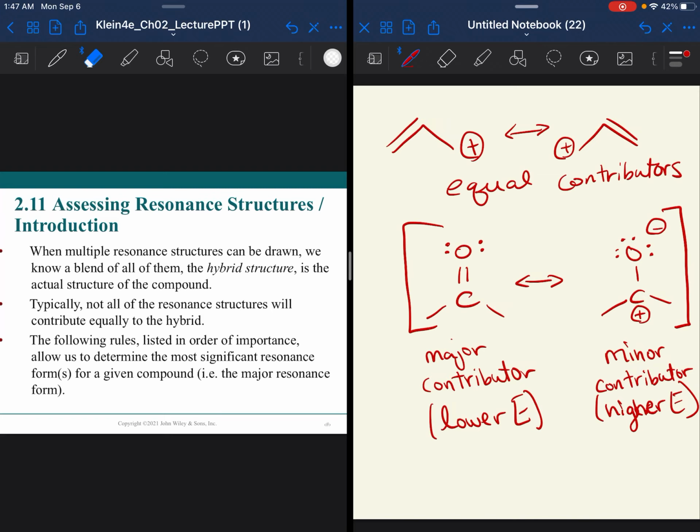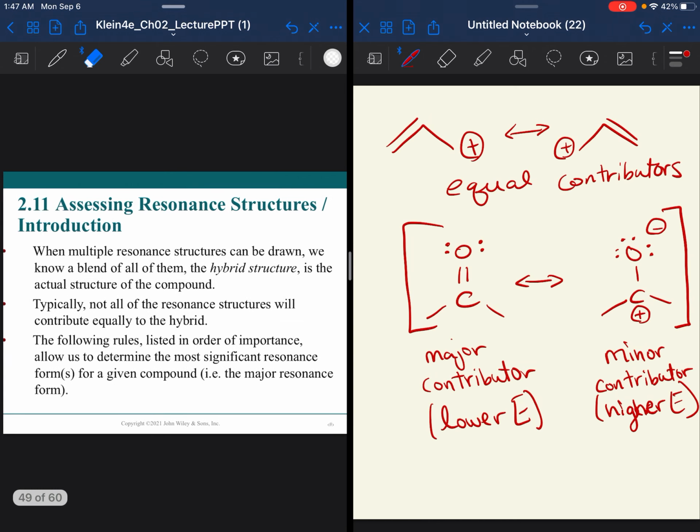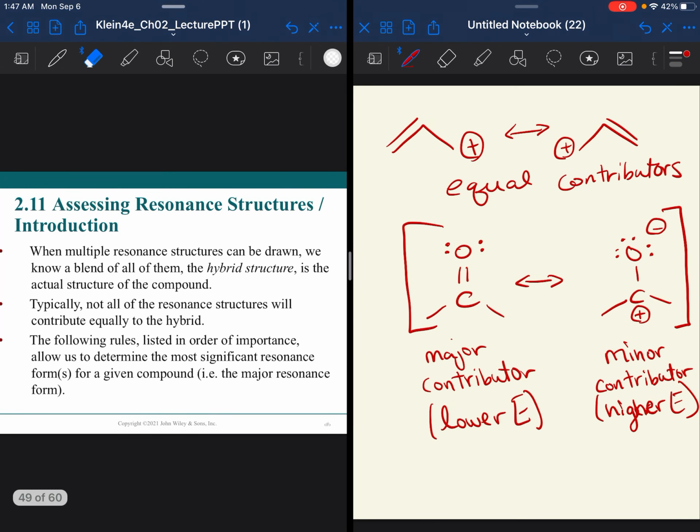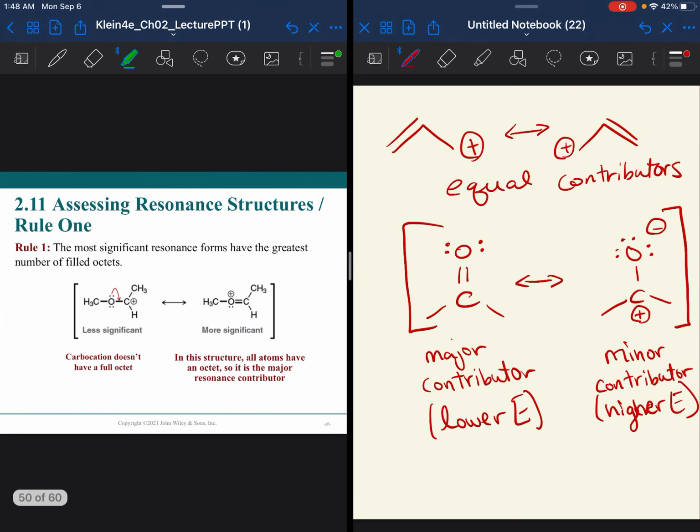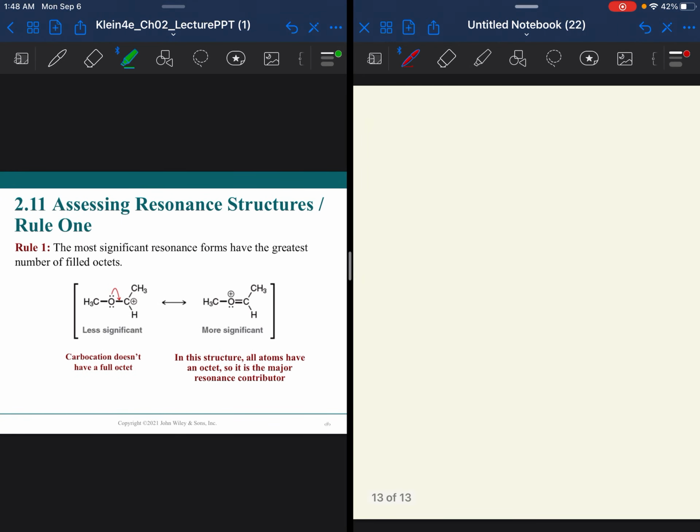And so we're going to have some rules. And these rules you are going to have to follow in order to determine major and minor contributors. So again, the following rules are going to be listed in order of importance. We're going to go over these rules now, and it's important that you memorize them in order. All right, so number 1,